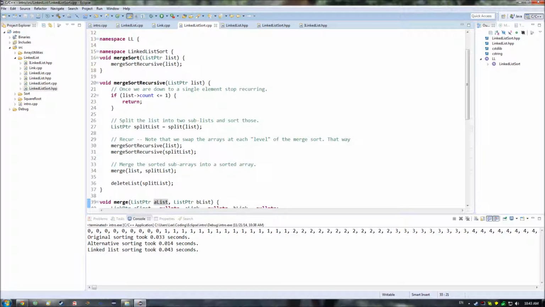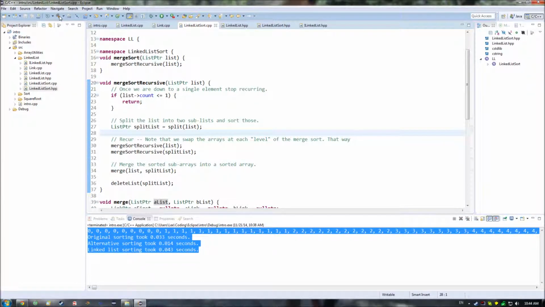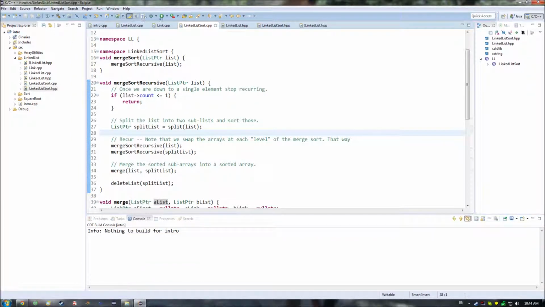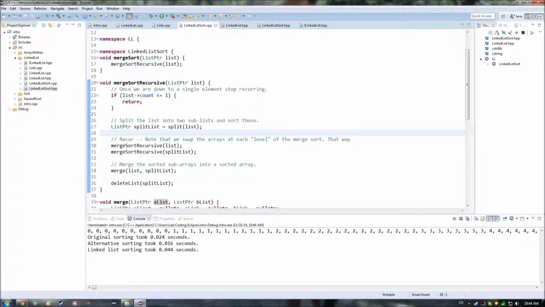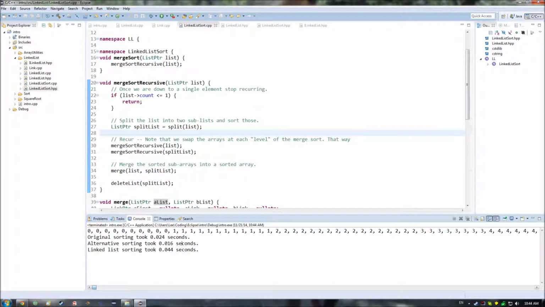So, as you can see down here, I've already actually run this once. And just to demonstrate it again, I can rebuild it. It says I have nothing to build. Run it again. You can see that it outputs the list down here. And then you can see how much longer it is for our linked list than even our array up here, which is using malloc and the like,